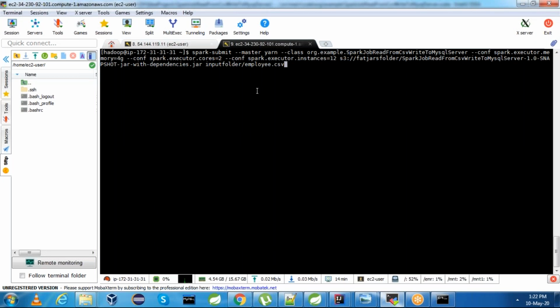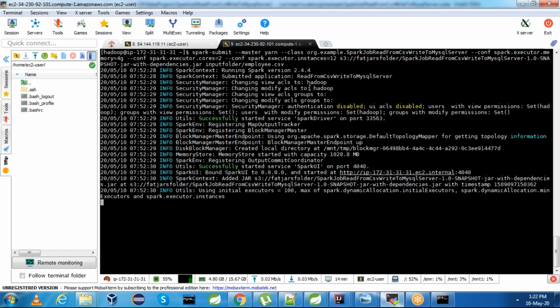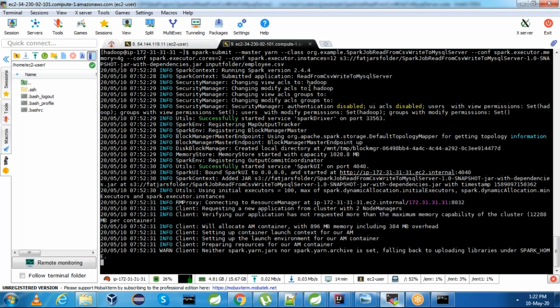Once the program is launched, basically the Spark submit, it will read the CSV file and it has to write it to the MySQL employee table. It has to create the table and it will do that automatically. Let us launch the program. Now the Spark context has been initialized.